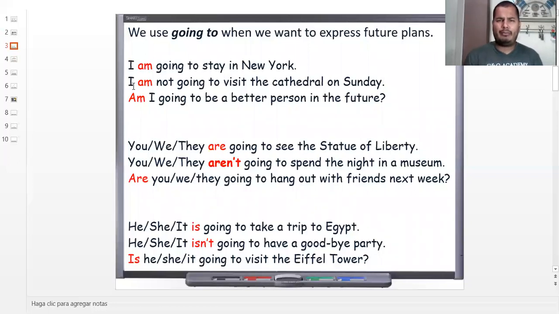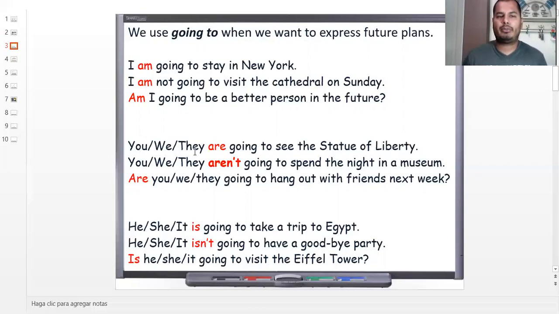Am I going to be a better person in the future? Do you think that is in your plans? Are you going to be a better person in the future? Maybe yes, maybe yes. Okay, we also have the other personal pronouns or other people in here, you, we, and